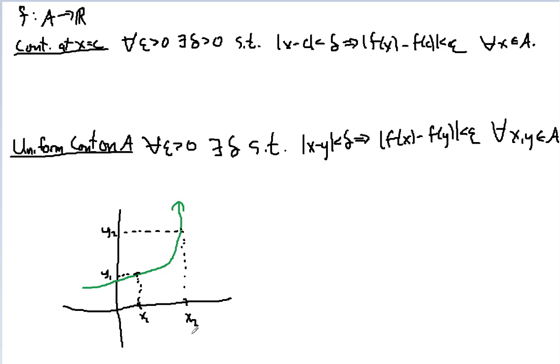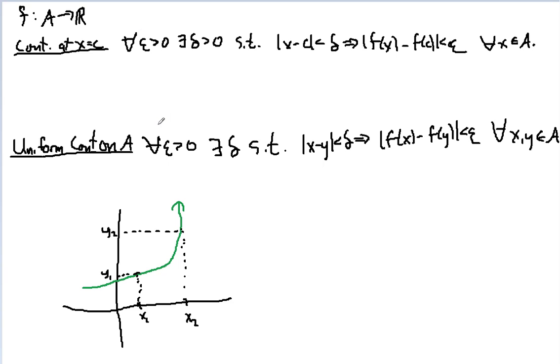This is a talk of the differences between the definition of continuity at a point c and uniform continuity on A. And if you look, they're almost exactly the same for a function that has domain A and goes to R. For all epsilon,